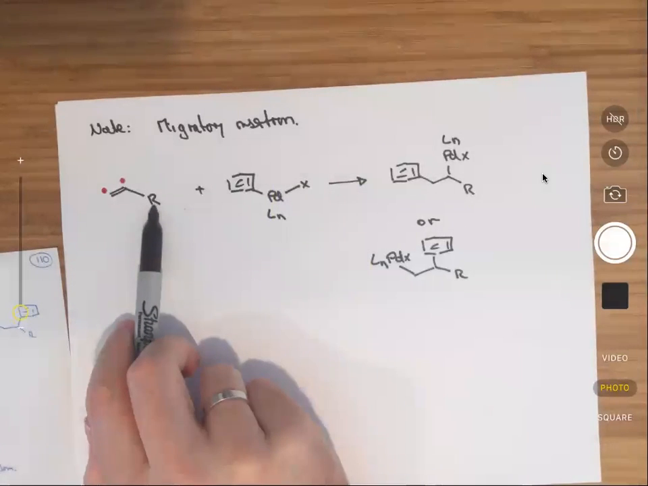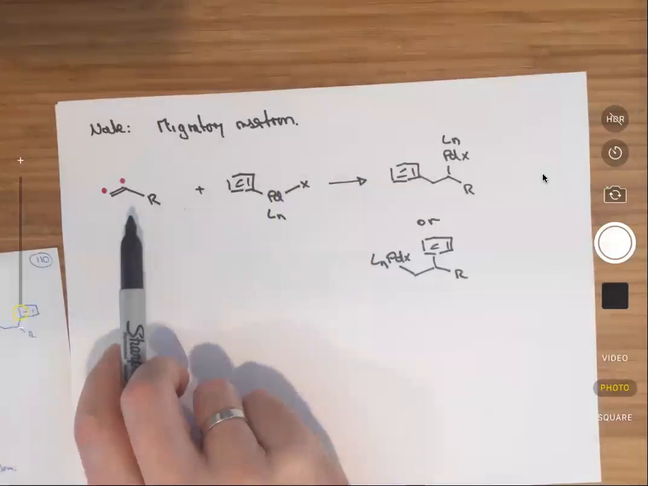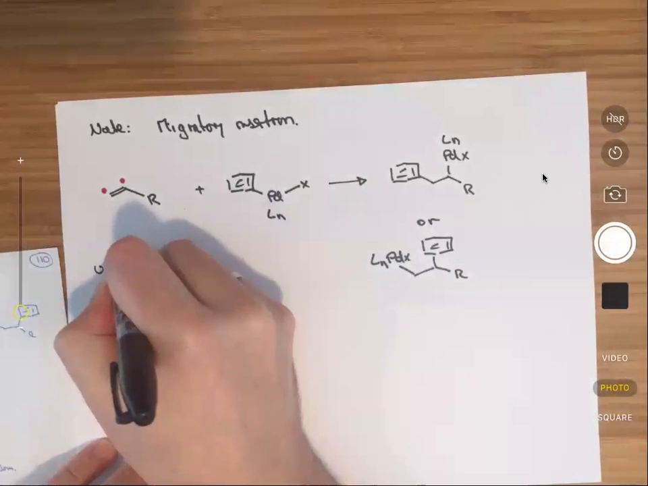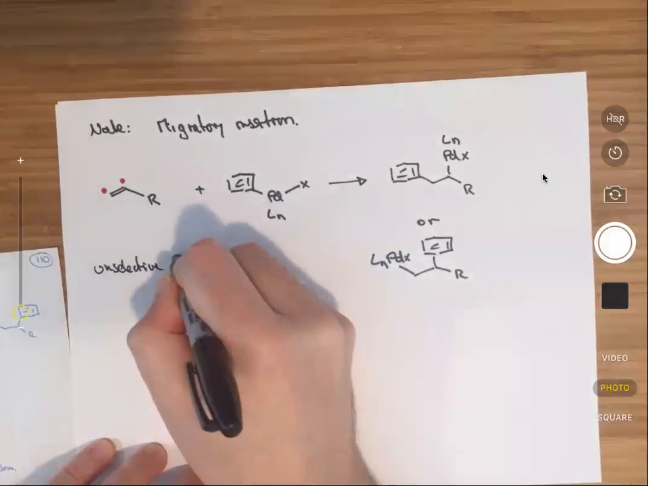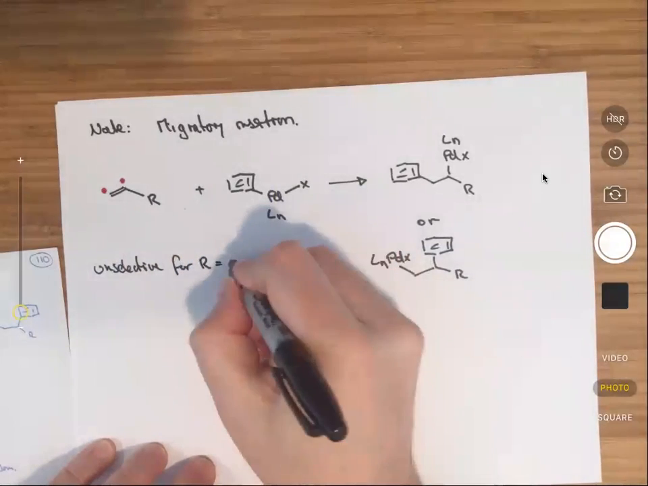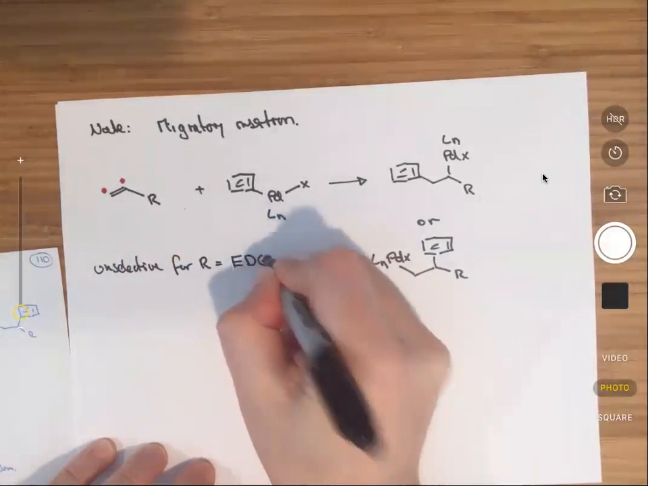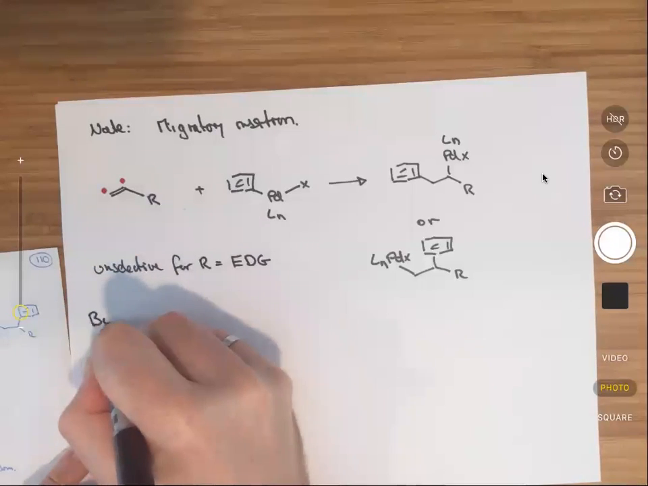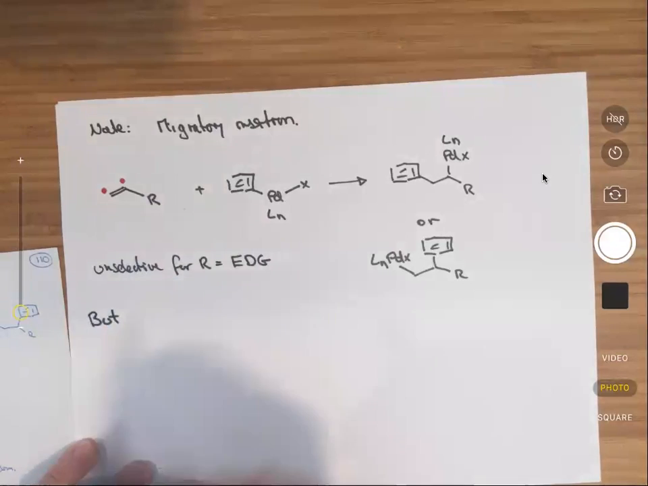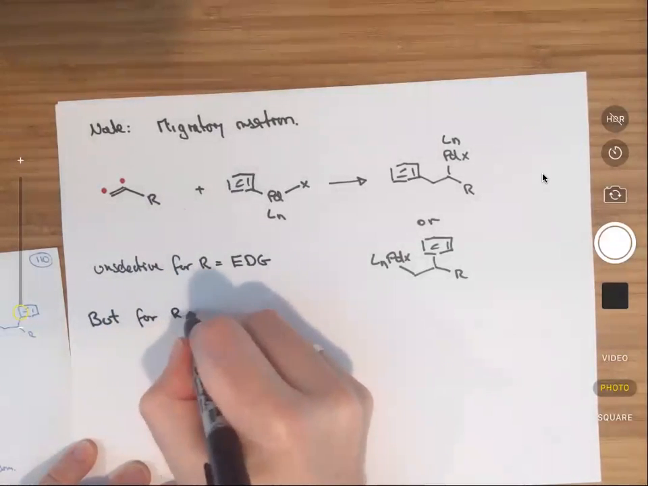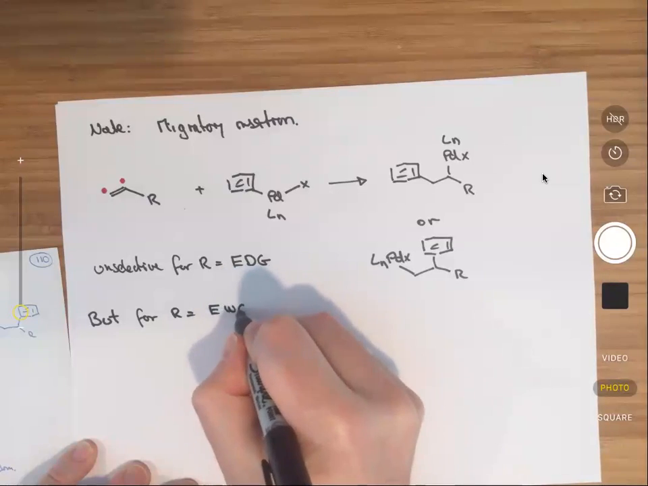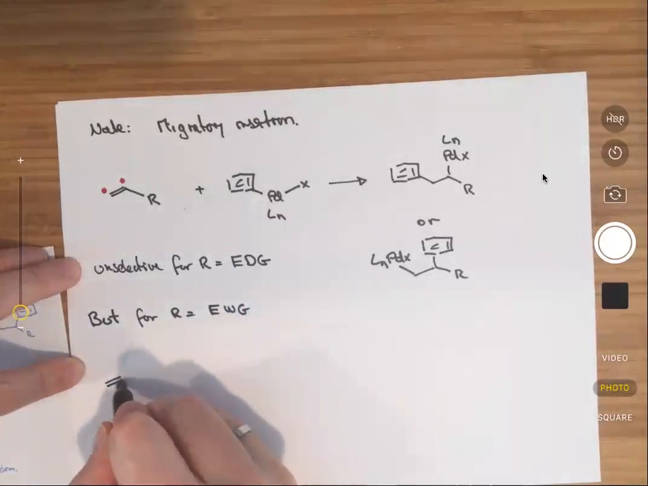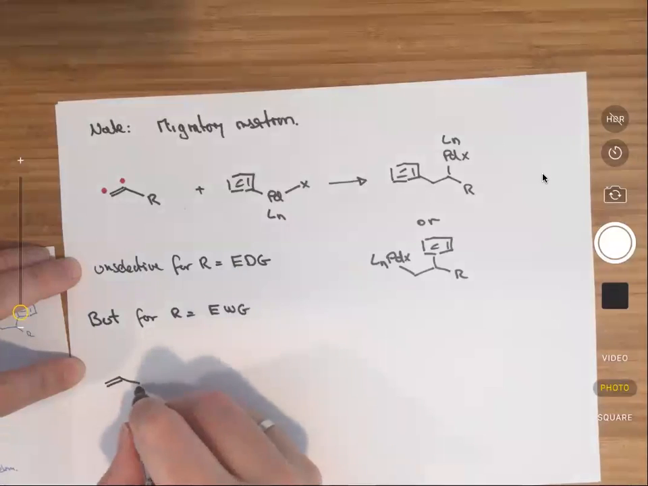especially if this is an electron donating substituent. There's only one way where this is a little bit selective. So let's say first unselective for R equals an electron donating group. For electron withdrawing groups, you can rely on a little bit more selectivity. So if it's an electron withdrawing group here, and I just give you one simple example here. If you have an alpha beta unsaturated ester,